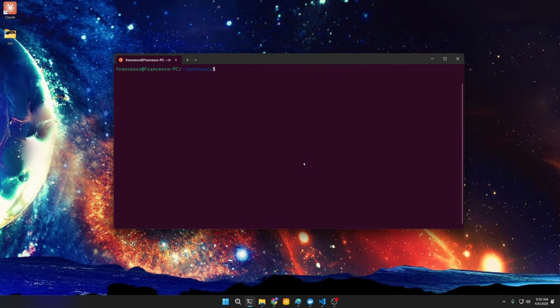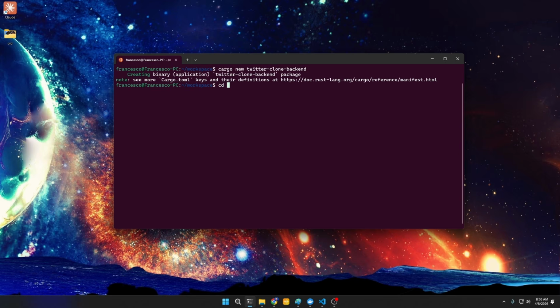I will take care of the backend part and Max will take care of the front-end part, so let's get started to build some Twitter-like APIs using Axum, the Rust web framework. Let's go! Okay, let's create our project, cargo new twitter-clone-backend, and let's open it with any IDE we want,